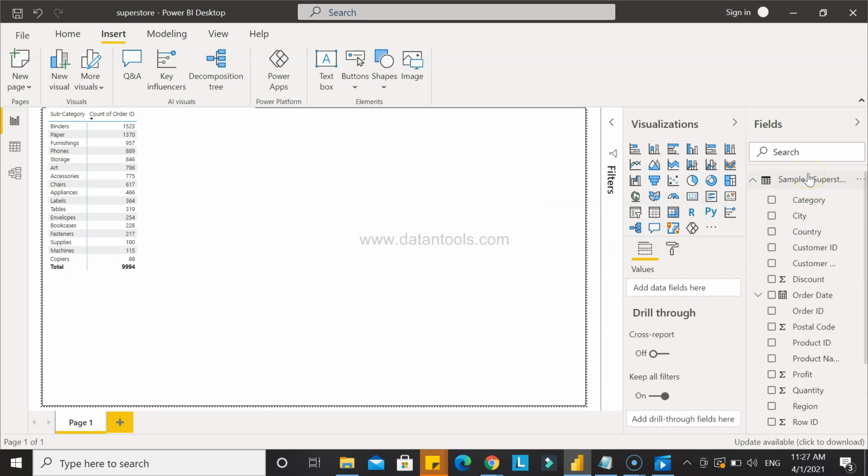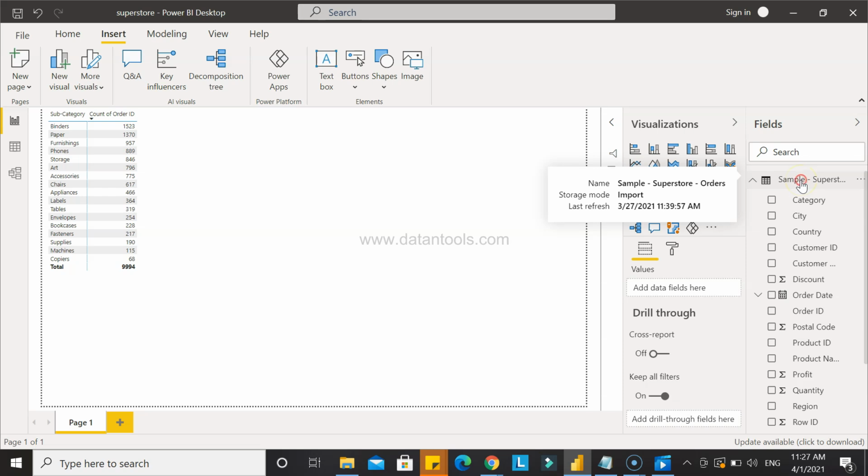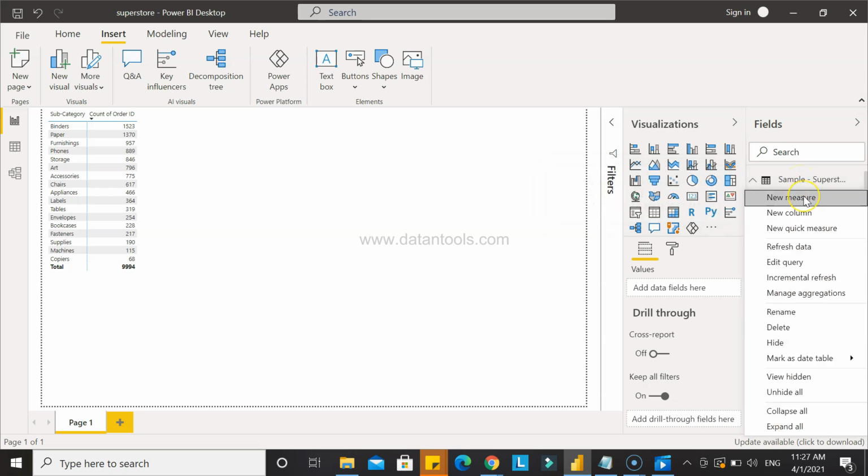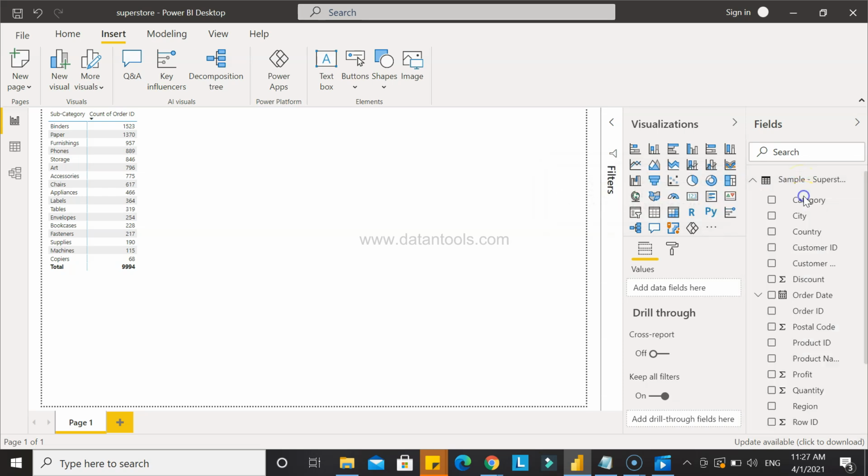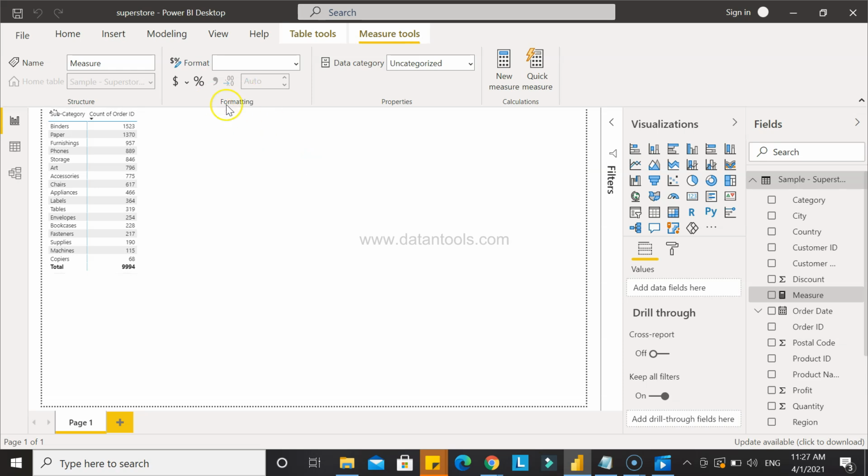There are a couple of ways to do that, and one of the nicest ways is to right click over here and click on new measure. Once you click on new measure, it gives you an area or a place over here, as you can see, which enables you to write a measure. So what you can do,